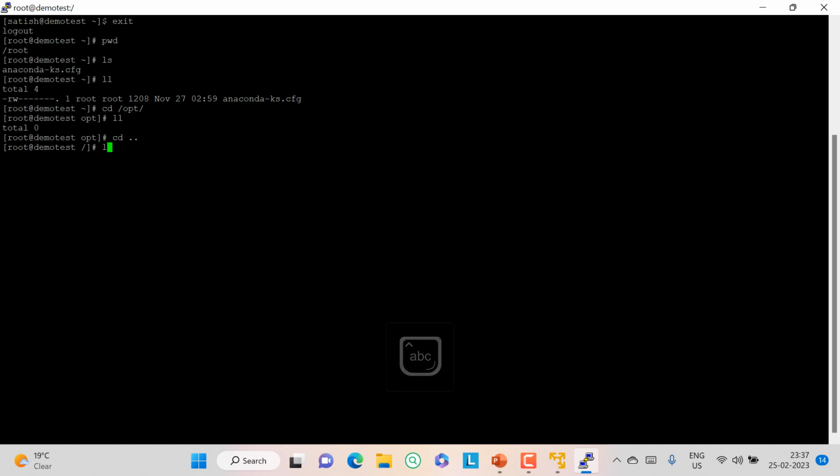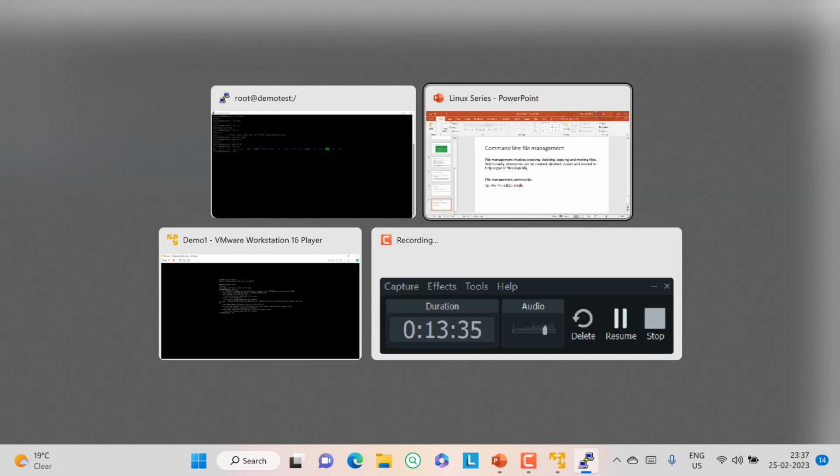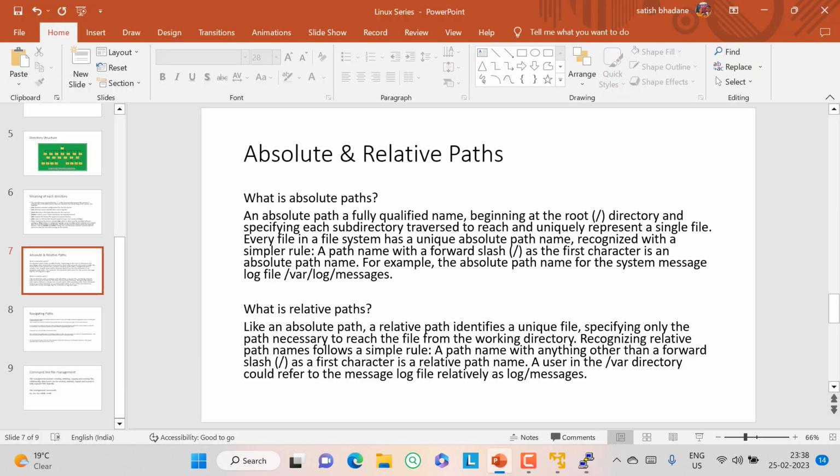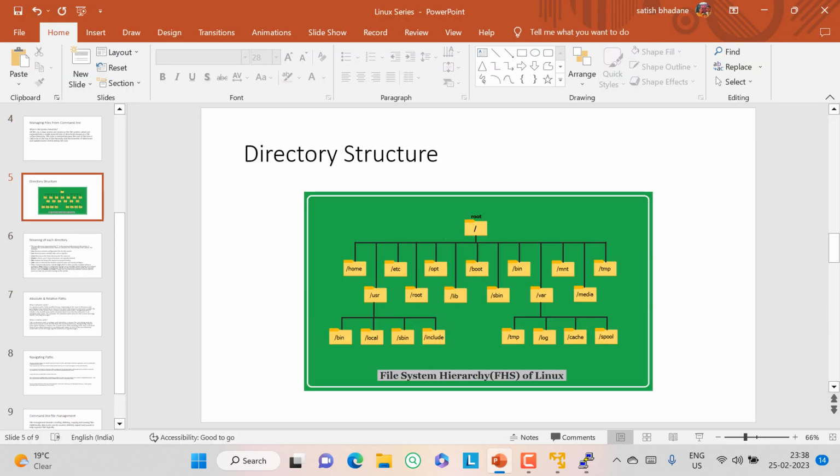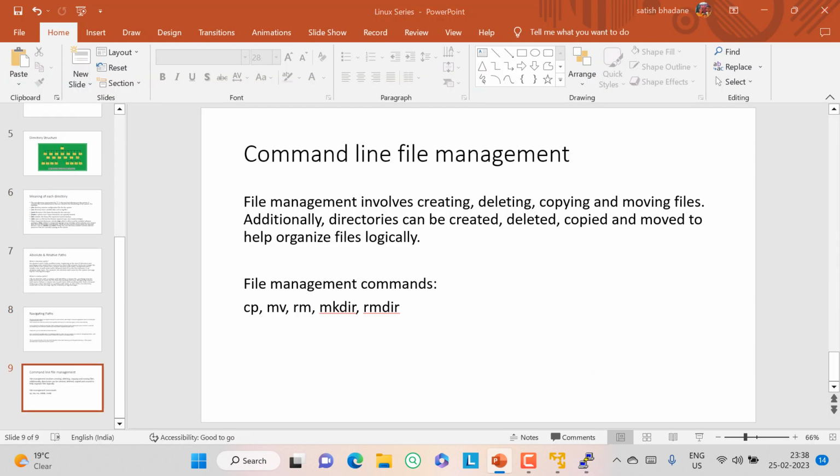If I do cd .., it will go into the root directory. Under the root directory, you can see bin, boot, dev, etc, home, lib, media, mnt, opt, proc, root, run, srv, sys, tmp, usr, var. Whatever I showed in the hierarchy, those directories are available on this system.